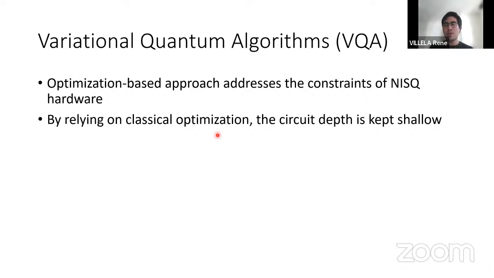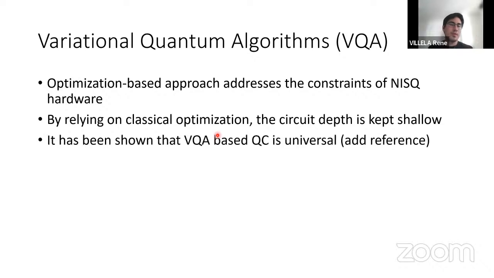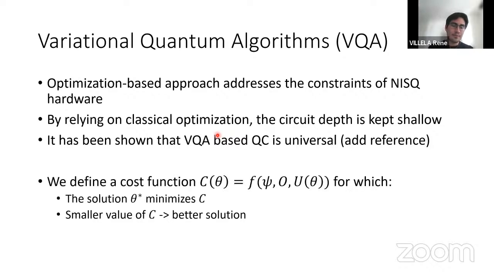So on a quantum processor, we will have strictly the necessary operations. Operations that we can do efficiently on a classical processor, we will do classically and keep the operations on the quantum processing unit to a bare minimum, just what we want to do. And it's recently been shown that VQA-based quantum computing is universal. So it is worth considering this kind of approach, and not only for atomic and molecular calculations, but this is a very general approach that can be applied for many types of problems.